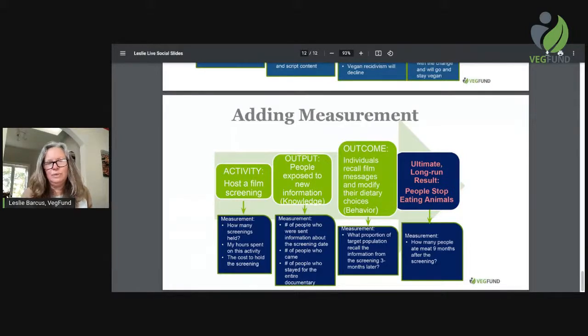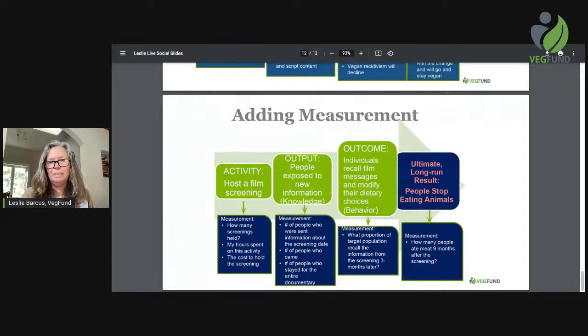And once they leave, and maybe you didn't know them, you're not able to really, necessarily with a quick survey, be able to know the effect of your event on the long-term behavior change of that person. So evaluation can be somewhat rather simple, as we've demonstrated with our film screening survey tool, or it can be really complex. And you can do longitudinal studies where you're trying to follow a person for months, if not years,